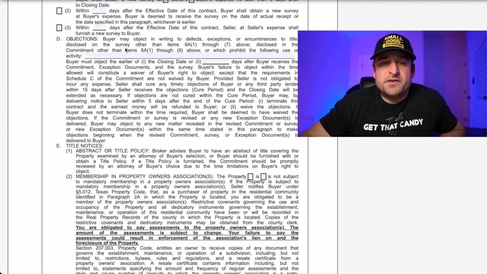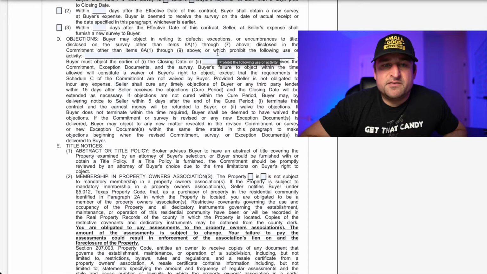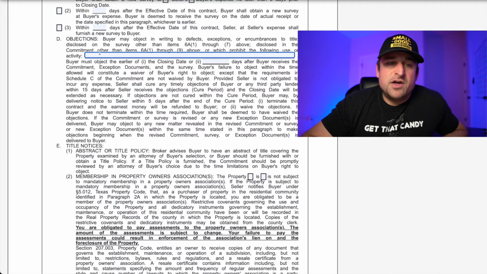Objections. This is if there's a specific use the buyer is intending to have for the property. If there is any reason during the closing process that's found within the title work that it can't be used for that purpose, then this would apply. So for instance, residential use might be an activity on here. That's one example. There's probably a lot of other examples you could think of, but if residential use is important,